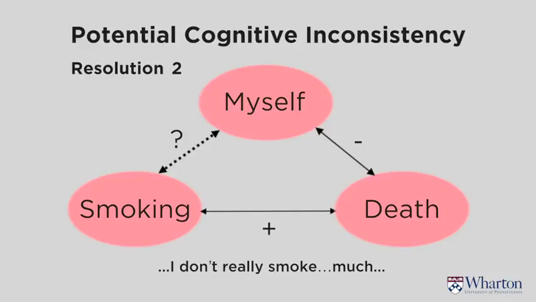People do this with diets all the time. They make all sorts of rules. When I'm on vacation, food isn't fattening. If it's a little bit burnt, I can eat as much as I want. There's all sorts of rules that people make. That's that resolution where you figure out a way that you can feel good about yourself.